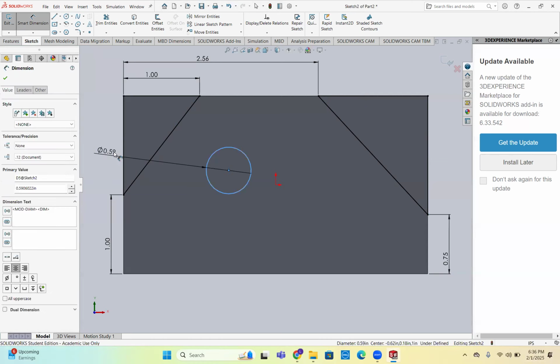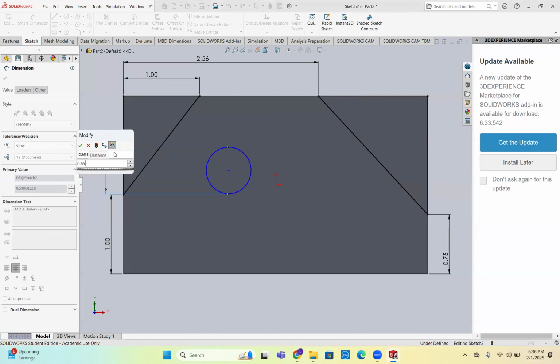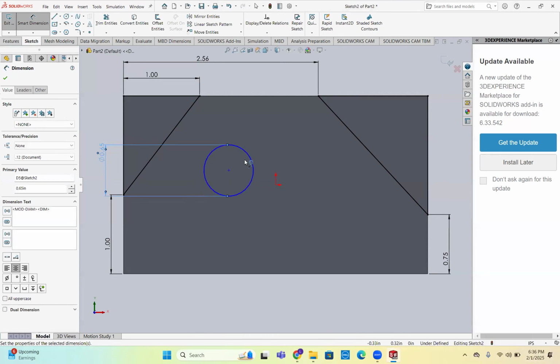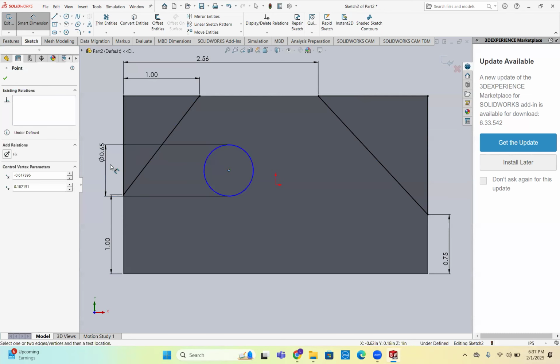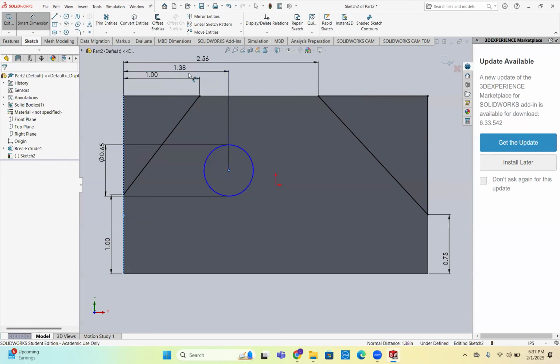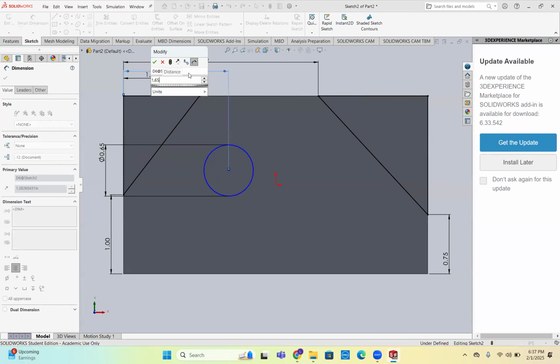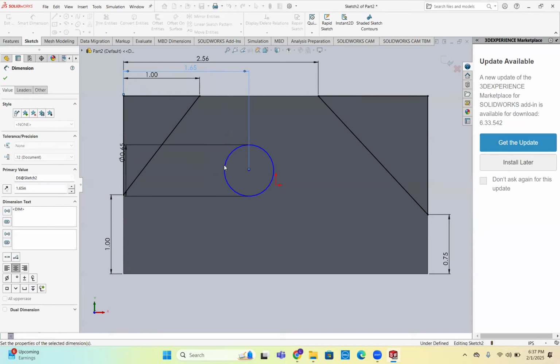Like that. 0.65. Cool. Now, if you want to dimension where the circle is in relation to the box itself, like all the different parts of the box or the rectangular prism, hit the center point, then hit the side. So we know this is 1.65 from the left side, and then